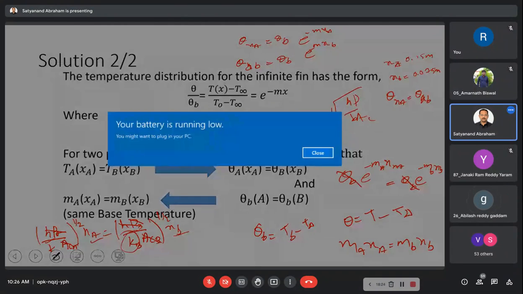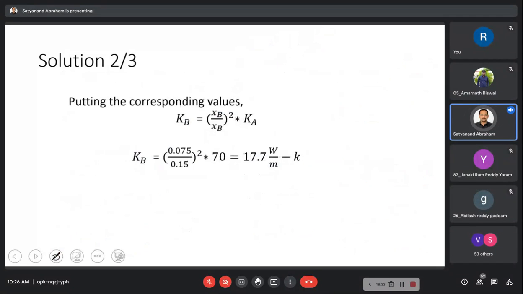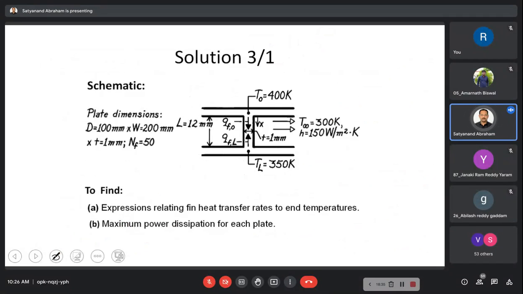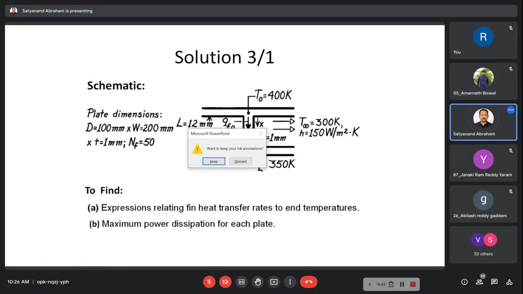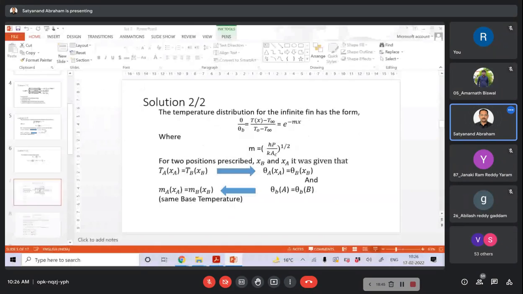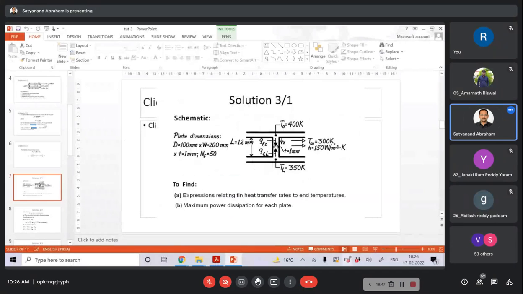Yes, sir. Actually my other system is also going to be switched off now. If I am not able to do this fully, maybe we can have a session tomorrow also. I think my laptop will switch off now. Power is still not there. So in that case we can have a discussion tomorrow and finish the